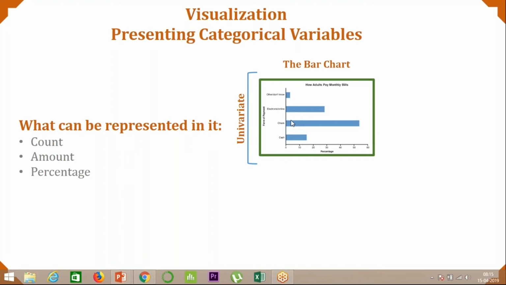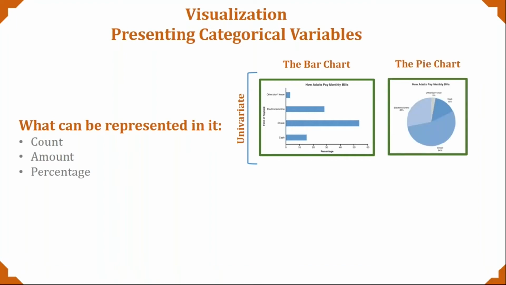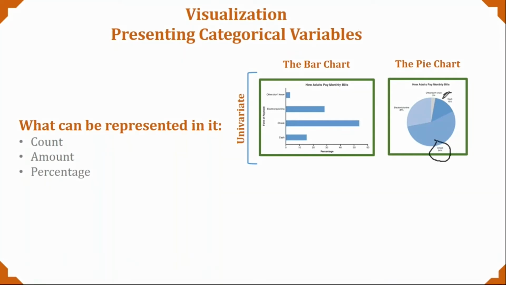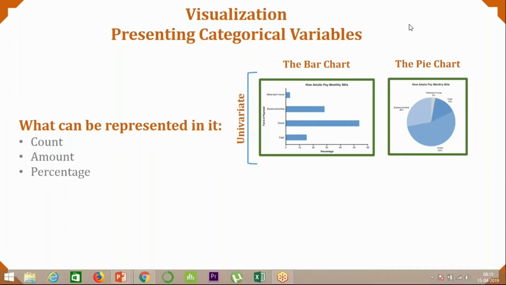Then let's get into another chart for univariate, which is the pie chart. This also does the same thing, but it gives it in circles or pie. It gives the representation of the whole total. So what is the percentage? You can check here. These were the charts we could use for univariate analysis. If you have only one variable which is a categorical variable and you want to analyze it, you can go with a bar chart or a pie chart.